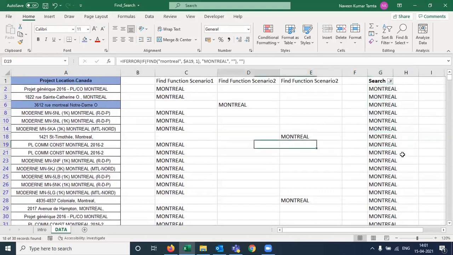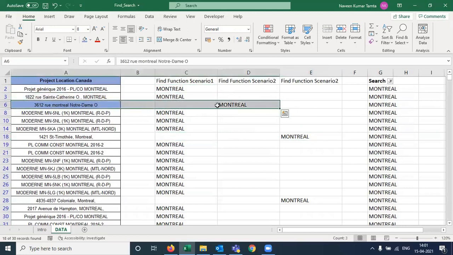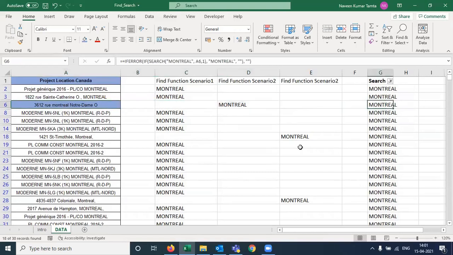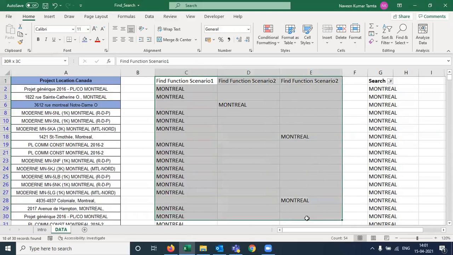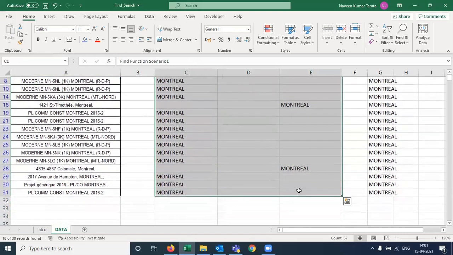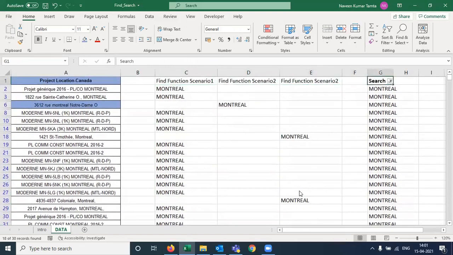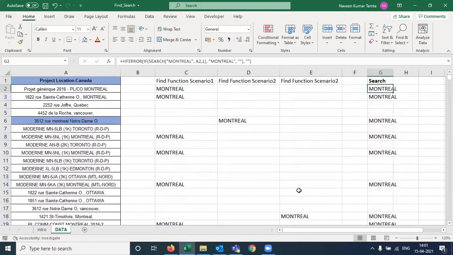Can you see here we had not got any result in this particular scenario with FIND, but we have got it here. Same is the case with this. The Montreal is in lowercase, but we have got the desired output. And here in this case, this is in proper format, but again we are getting it here. But in the FIND function, you have to repeat your action in 3 ways. All these 3 actions are replaced in one function, which is SEARCH.